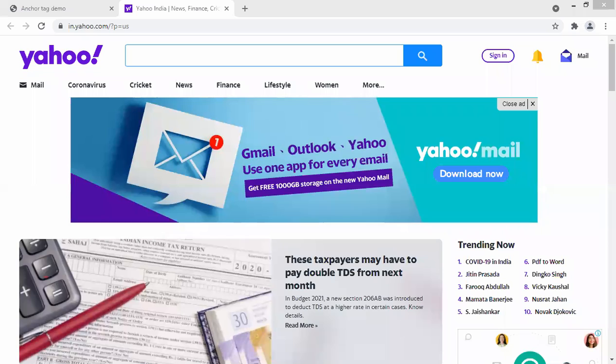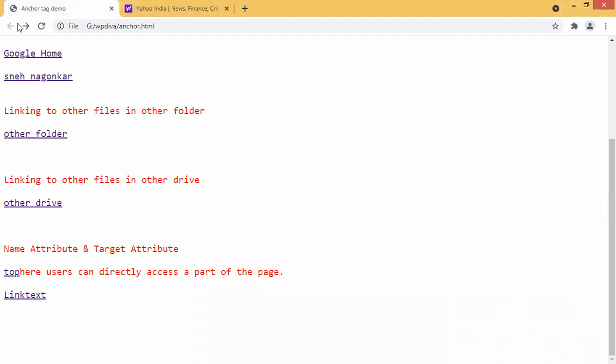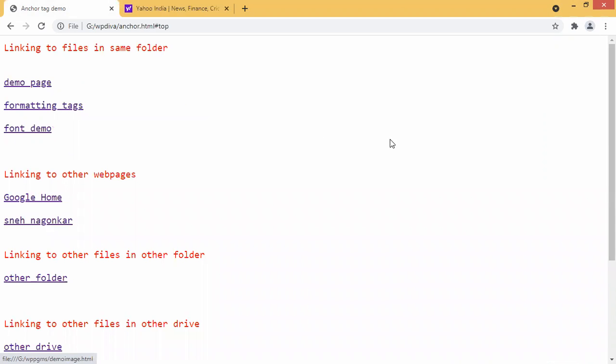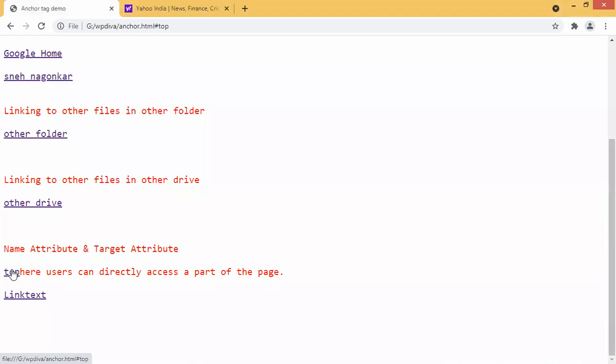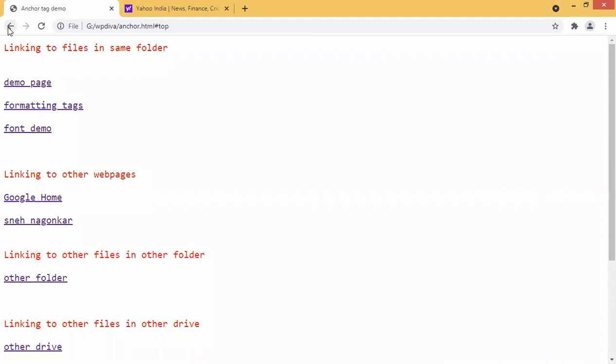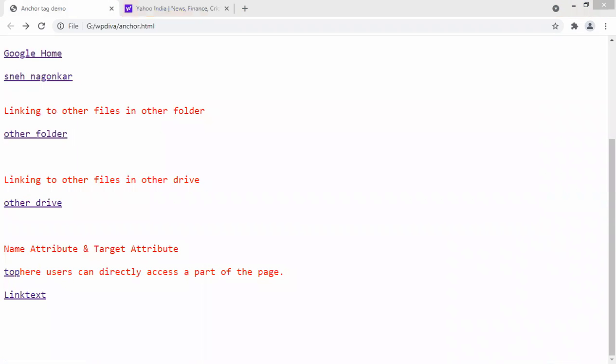One more thing, see, href is equal to hash top. So what does this hash top mean? You can type a text somewhere here saying top. For example, when I execute this and when I click on top, what will happen? Did you see that? I directly went to the top of the screen. How did you go to the top of the screen directly? By using that hash top property. You directly jumped to the top of the screen.